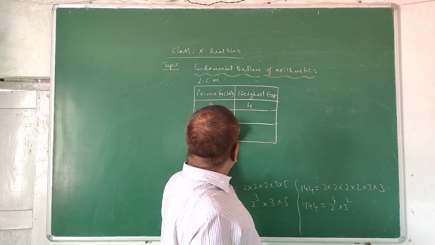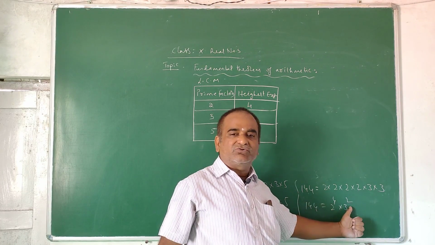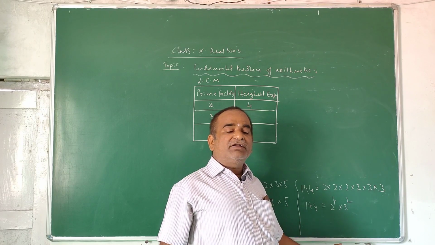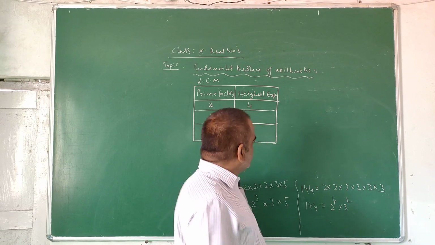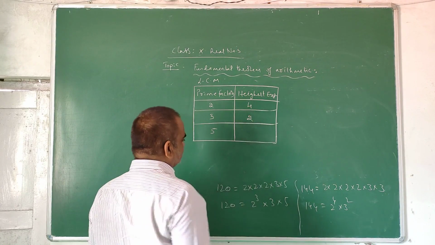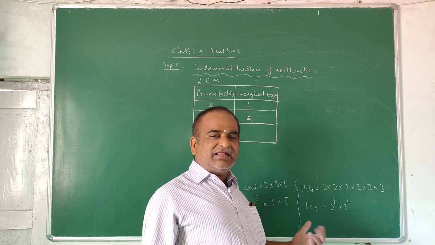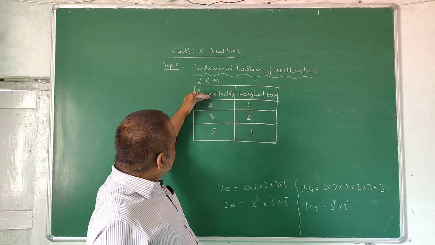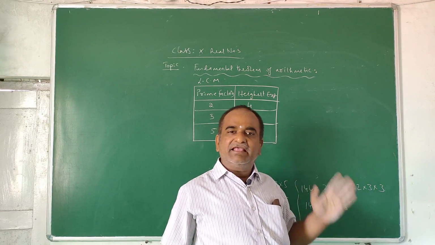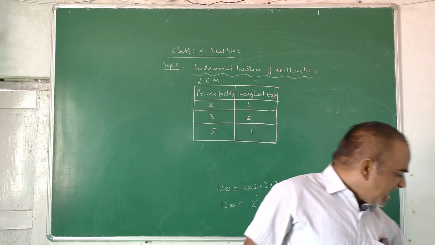Now for prime factor 3, what is the highest exponent you are seeing? Here it is 1, here it is 2. So what is the highest exponent, whether it is 1 or 2? 2. So highest exponent is 2. And for 5, the highest exponent is 1. So like this, please collect prime factors and their highest exponents that appear in either of the products. And then